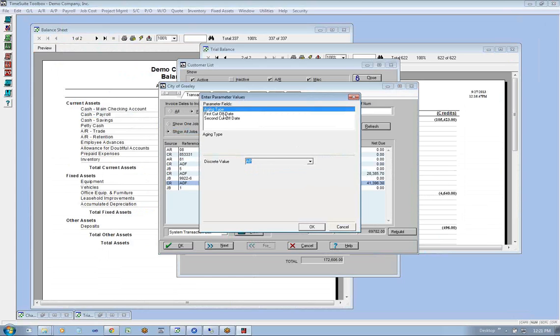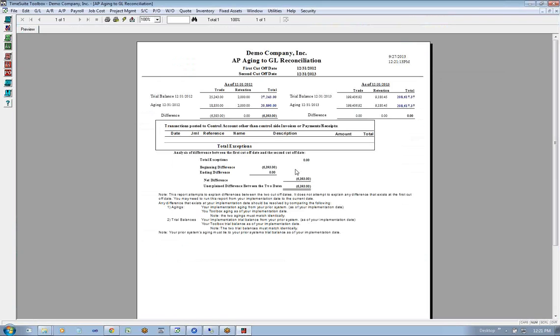When you're in AP, you actually have to select it. And then the first cutoff date is going to be the end of the previous fiscal year end, and then the end of this fiscal year end. You click OK, and it gives you, we have the same kind of concept going with our demo database, but usually you're going to see a 0 here and a 0 here. Now if you see a non-zero here and the numbers carried over,